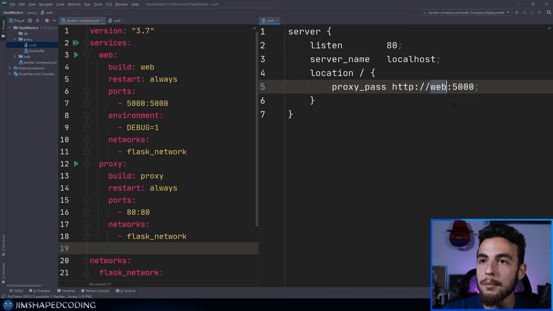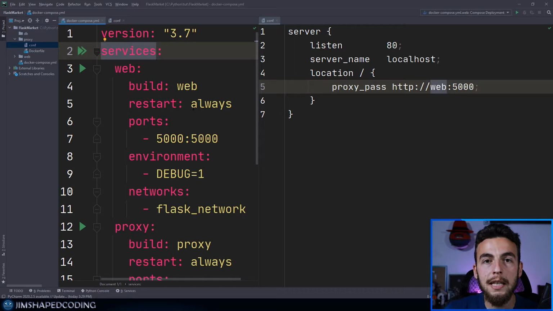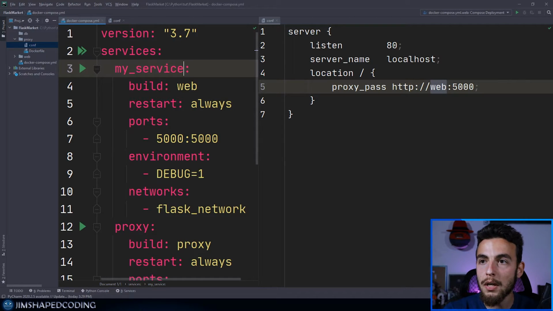So this actually comes from the value of our service name. So you see, when we create services within Docker Compose under the services block, then it means that that is the domain name that we could access it by referring to it. So this means that if I was to change the service name from web to something like my_service, then this means that now I changed the inner domain name that makes this container accessible. So this will mean that I should also change this to my_service,